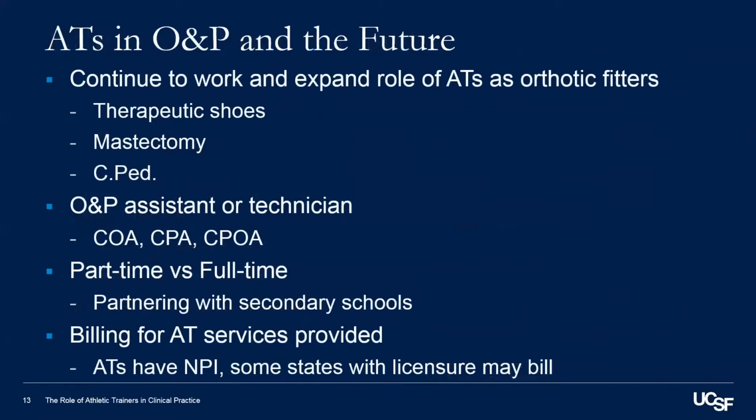And what can we do in the future? Because of our education, it really increases our abilities to do a lot of different things. We're going to continue to expand the roles of the athletic trainers as orthotic fitters. You can work on therapeutic shoes. You can have mastectomy fitters. And you can even work toward CPED, looking at certified pedorthists to do custom orthotics and diabetic shoes. We only need 1,000 hours of observation, but because of our undergrad education,